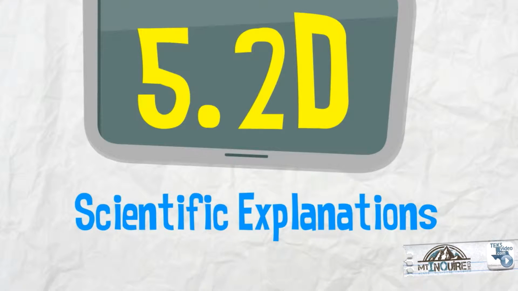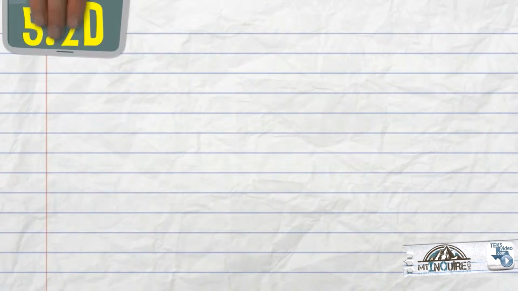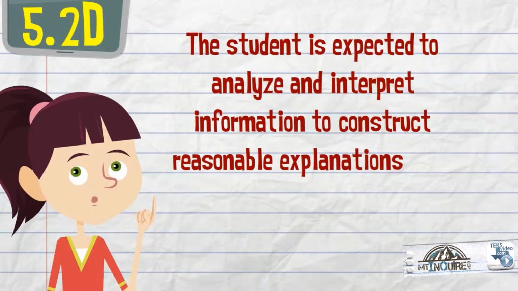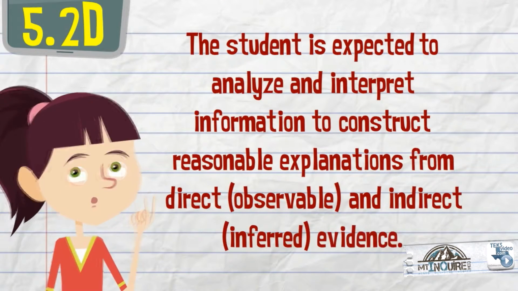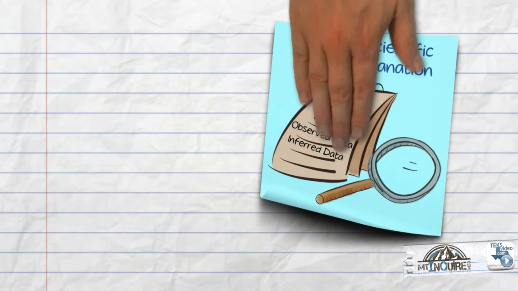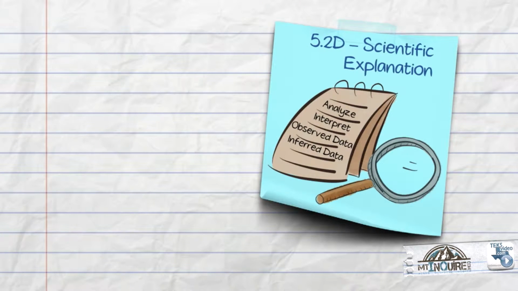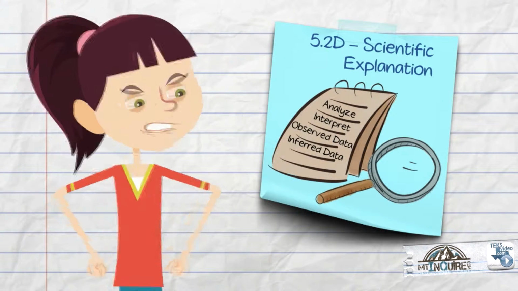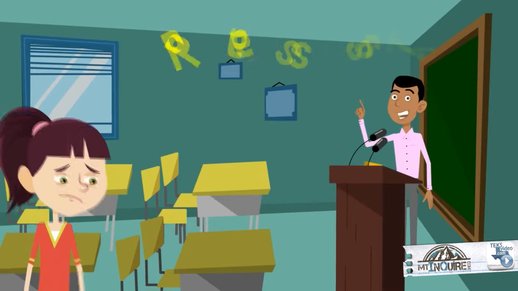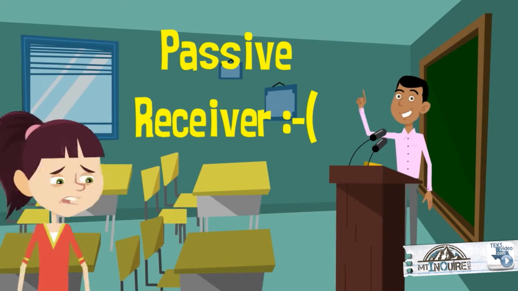In the 5th grade science standard for the state of Texas, 5.2D states that students are expected to analyze and interpret information to construct reasonable explanations from direct or observable and indirect or inferred evidence. This one student expectation, or SE, can cause some of the greatest challenges for students due to what it entails the student to do. If a student has only been a passive receiver of scientific knowledge, they will not have